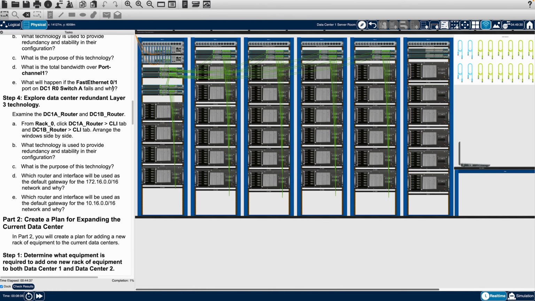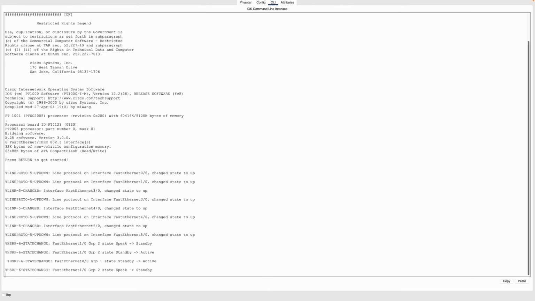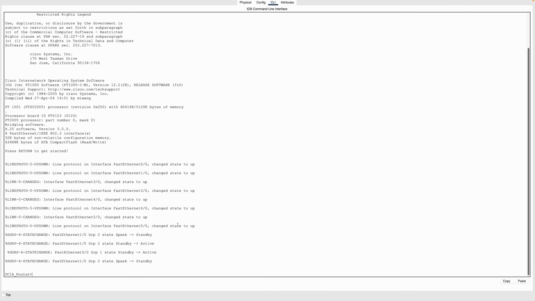Routers, layer 3 devices. What is layer 3 redundancy? That's going to be your first hop redundancy protocols. We're probably going to be looking at HSRP right here since these are Cisco devices. So let's drill down into the router right here. If we want to look at what is going on, we even see right here we have HSRP running,